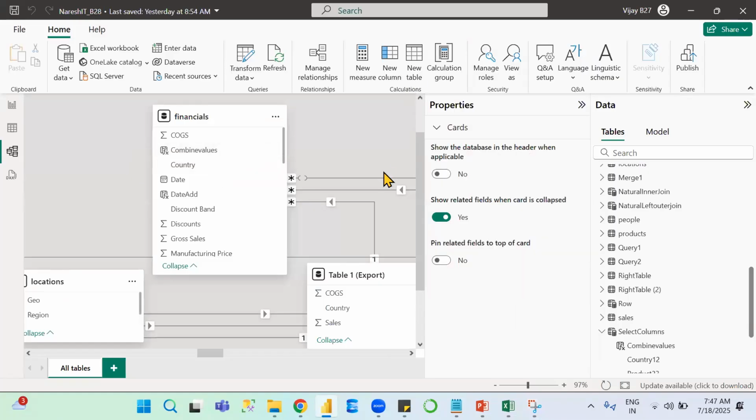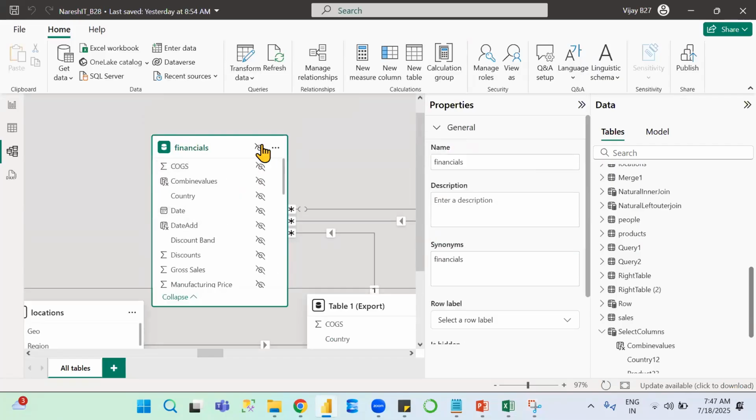I told you this point, right? When you mouse over any of the data sets, you will see some eye symbol. When you click on this eye symbol, those columns are hidden. Not only columns, you can hide the data set also. When you click on this one, all the columns of this particular table are hidden. If you want to hide any particular table or column, we cannot see that particular column or table,